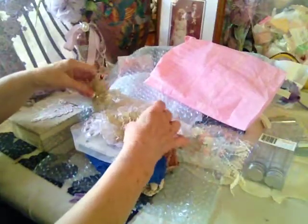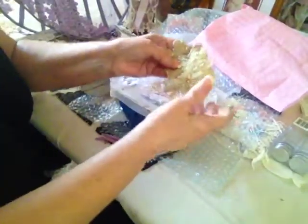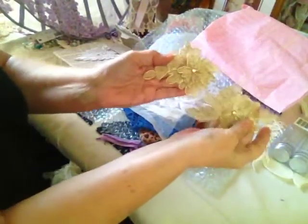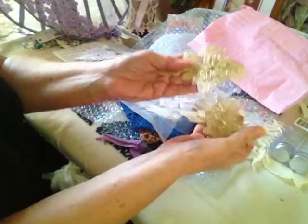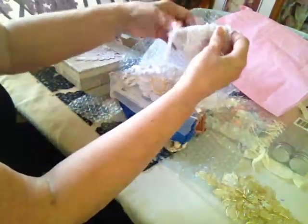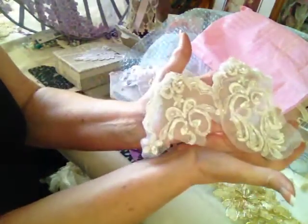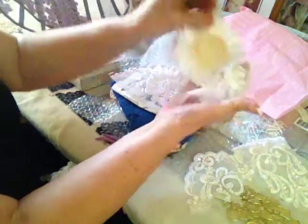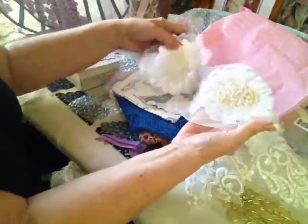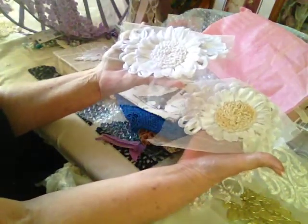Oh my goodness. I had this camera turned a certain way. I thought it would be easier to see, so let's see if it is. Look at those appliques, gold. Aren't they awesome? I've never seen any like that. Bridal applique, with pearls, just beautiful. And look at this. I have never seen anything like this. I don't know where she got them, if she made them,